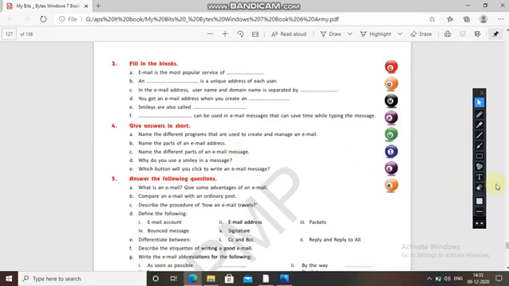Okay, you will write first domain name, and second username. A username can be first also.